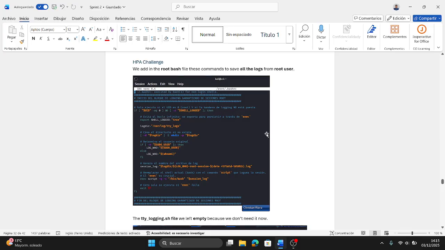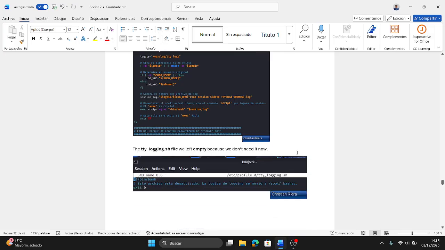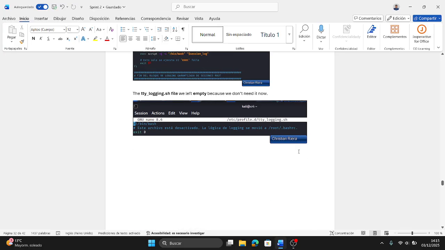So we add in the root bash file these commands to save all the logs from the root user. But now the login sh file we leave empty because we don't need it now.